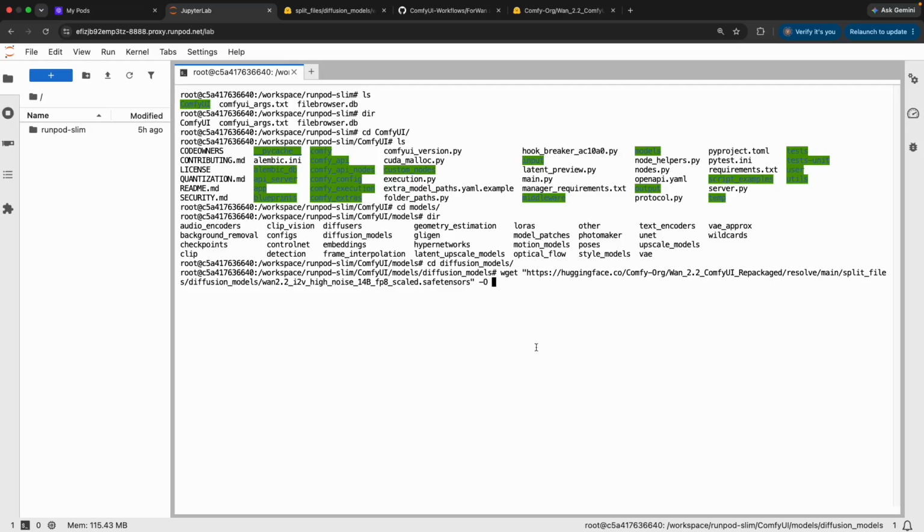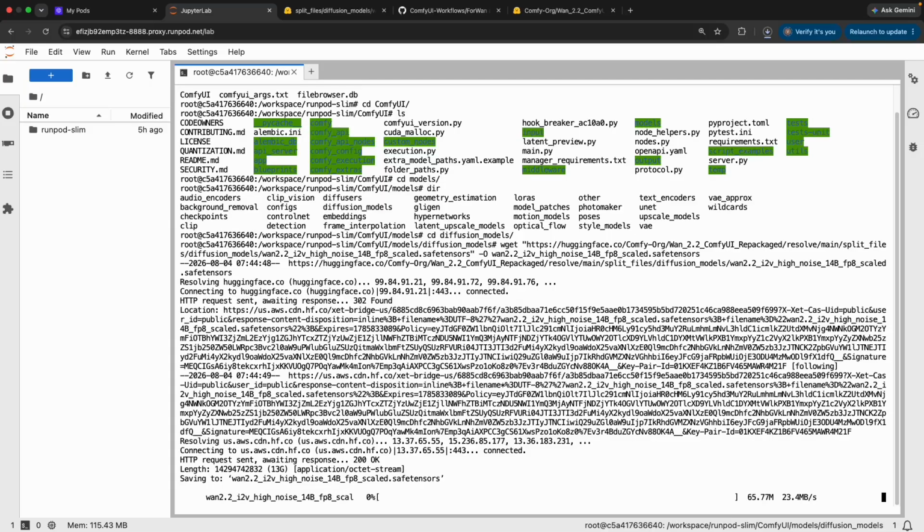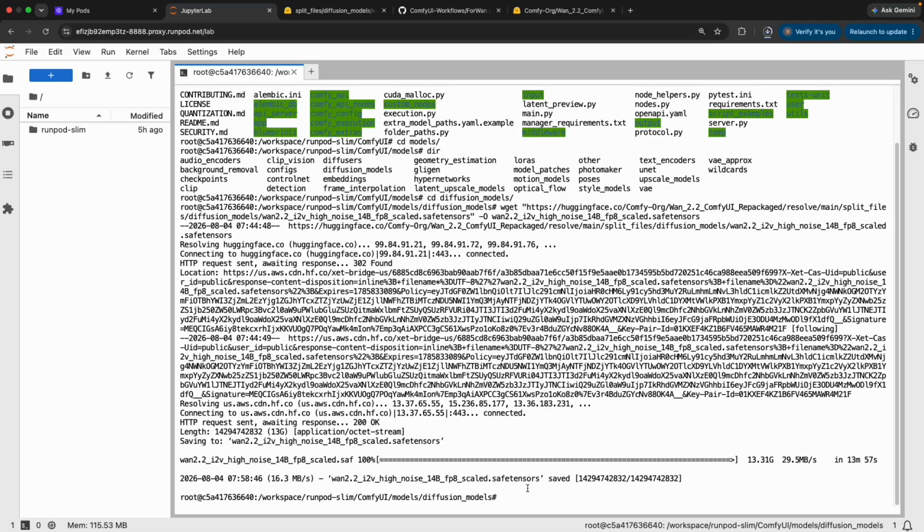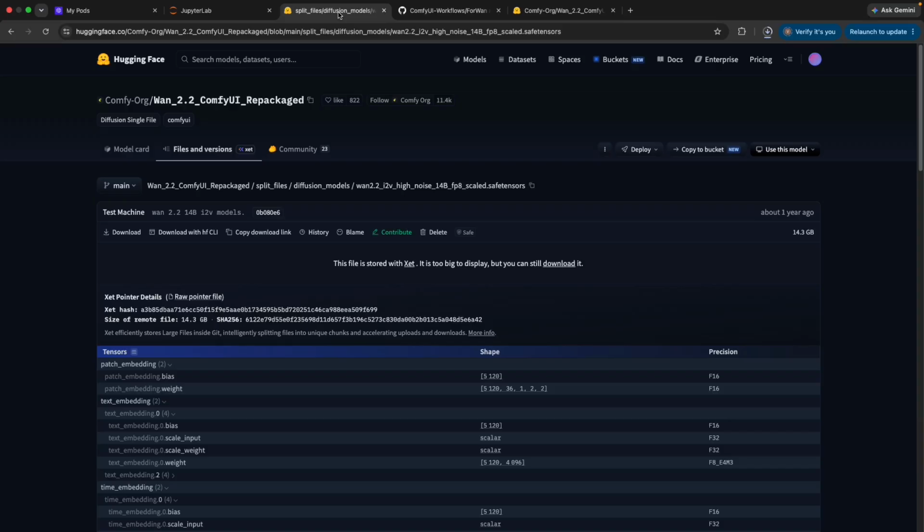-o, and after this -o, you need to write the name of the file, or else it'll just put whatever file name it has on their server, and if you do that, it won't even detect it, because it needs to have that .safetensors on the end of it. So we're going to paste that, and it's going to take a couple minutes to download, so I'll let that happen. And now that is downloaded, so we can move on to the next one,